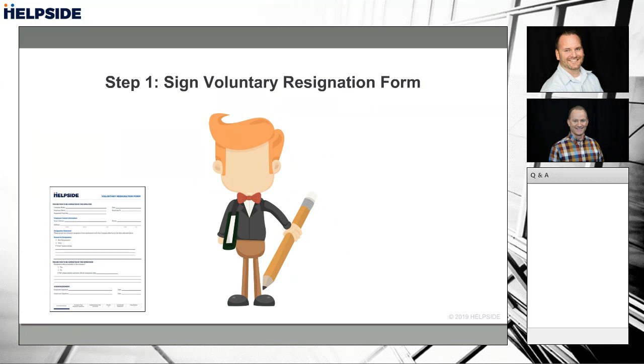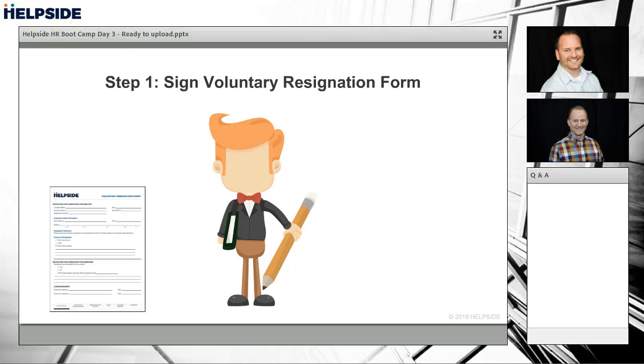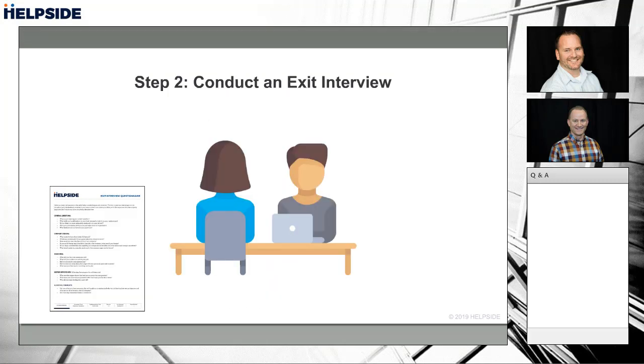There are several key areas they need to fill in. One of them is, why are they voluntarily resigning? In that moment, they're going to tell you, whether it's for a better opportunity or whatever else. But if there's a problem, such as, I've told you guys I have this issue, you've done nothing to correct it, and now I'm resigning over it, that's a pretty good indicator they're going to file for unemployment or worse. Now you really need to take action. That's one of the reasons you need them to sign this form immediately. This is your first protection against unemployment claims, wrongful termination claims, or other lawsuits. It's a very good first step.